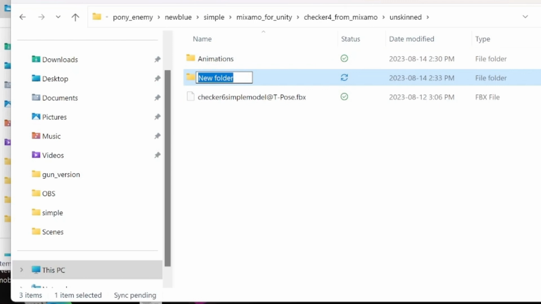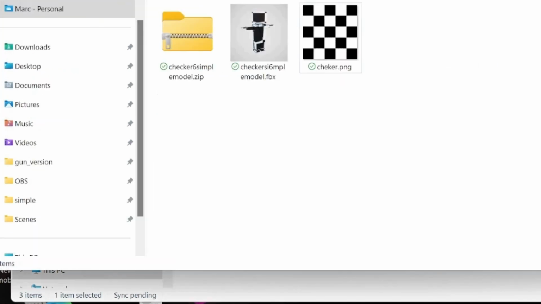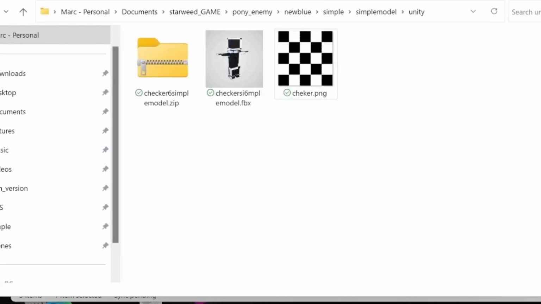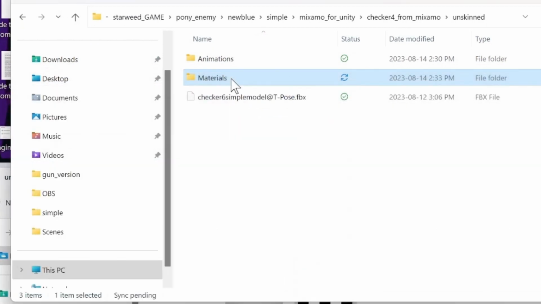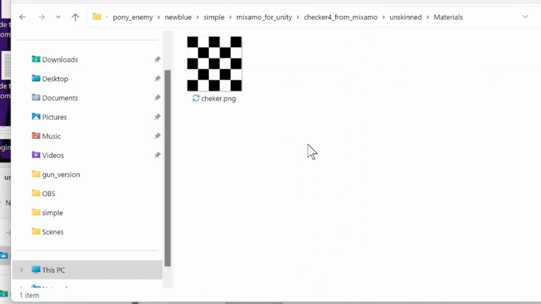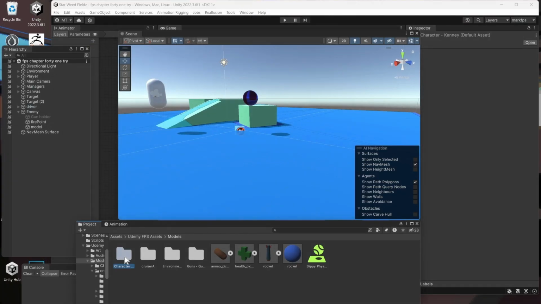You have to call it Materials. I think Unity is actually looking for the word materials with an S. Don't do materials with a Z, just to be on the safe side. Unity does a great job of pulling in materials from a folder. When you extract materials manually into Unity, it wants them extracted from a folder. So, taking our original checkerboard, it more or less matches the structure that we have with